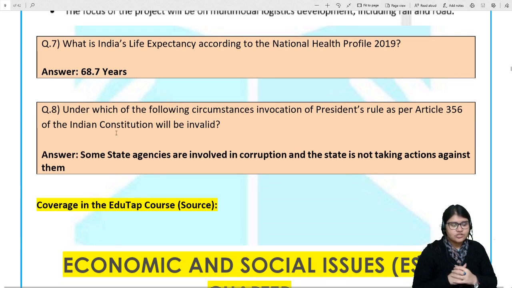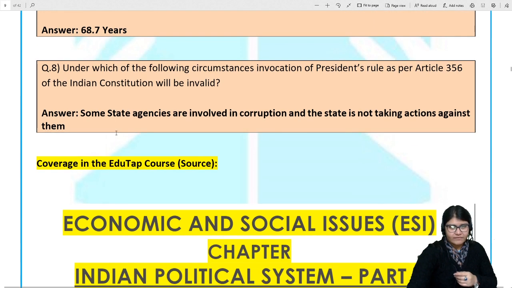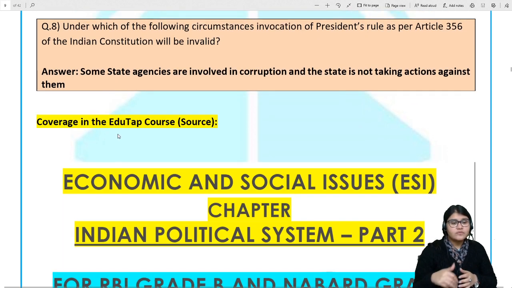Moving to the next question, what is India's life expectancy according to the National Health Profile 2019? The answer is 68.7 years. Next, under which of the following circumstances invocation of President's rule as per Article 356 of the Indian Constitution will be valid? And the answer is some state agencies are involved in corruption and the state is not taking actions